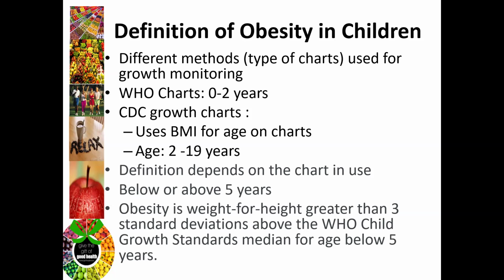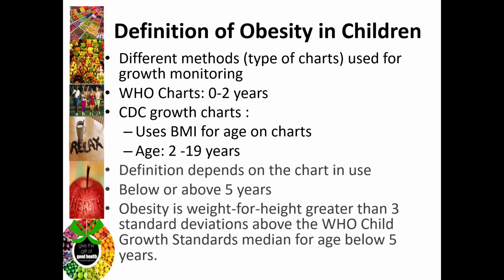question. There is a World Health Organization chart that is used for children between 0 and 2 years, and there is a CDC growth chart. Sometimes that WHO chart can even extend to children who are 5 years old, 0 to 5 years old. And then there is a CDC. CDC is Center for Disease Control, CDC growth charts. This chart uses body mass index for age on the chart. So the body mass is plotted against the age, and is usually used for children between age 2 and 19